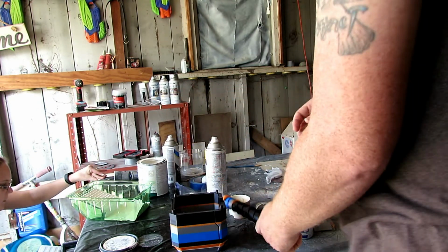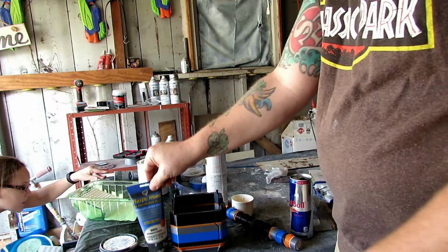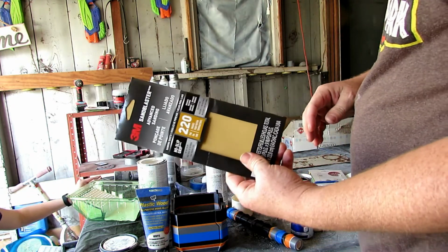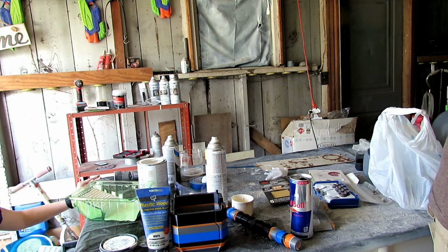So I've got wood putty that I'm going to put over the entire thing here. I've got 120 grit or 220 grit sandpaper that I'm going to sand that off with. And then we've got